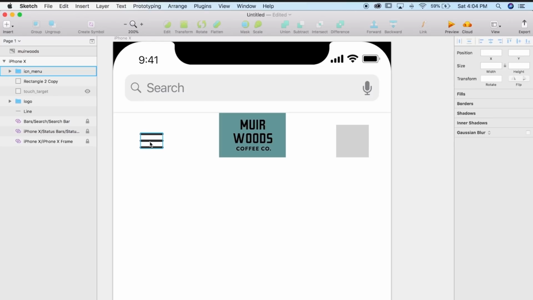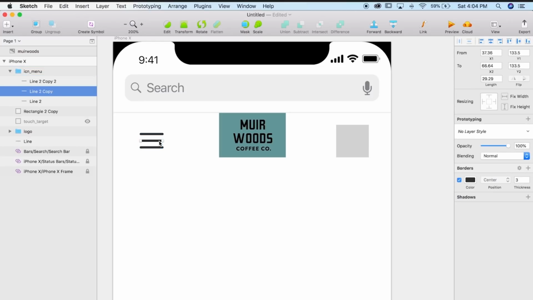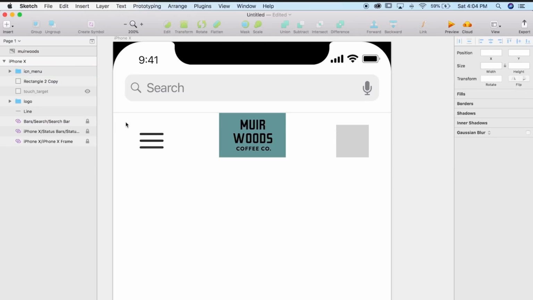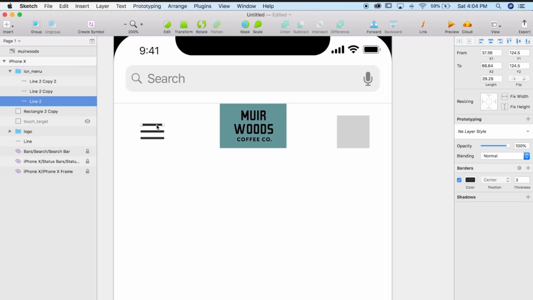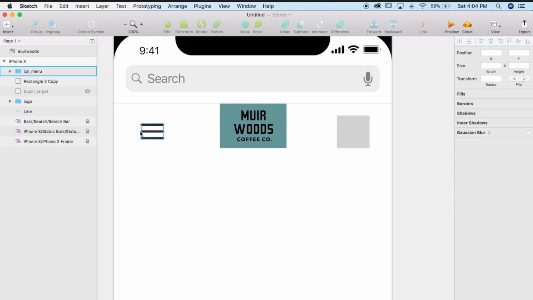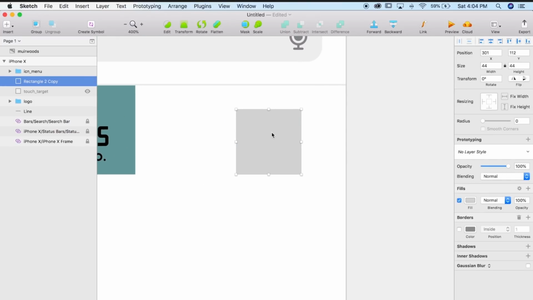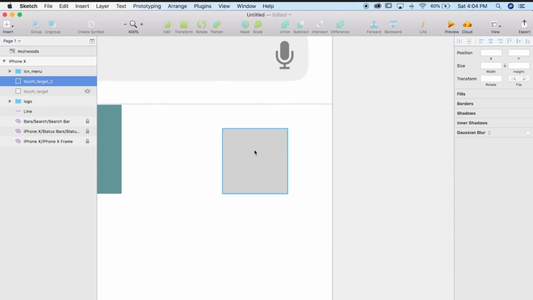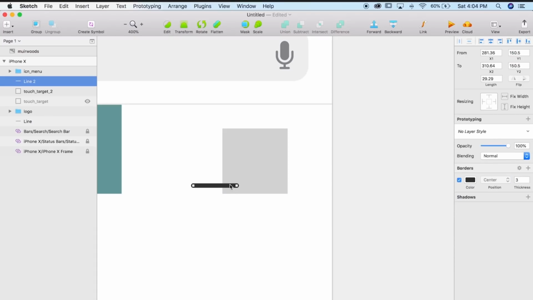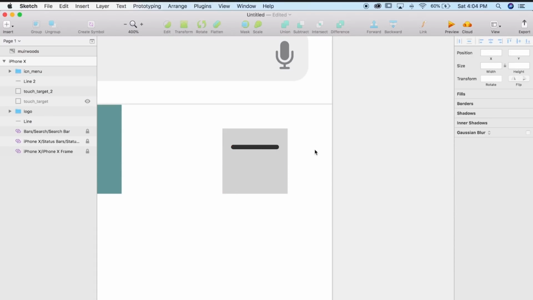So that looks cool. And then when we make our next icon, we want to use the same stroke width, which is 3, just so that things are consistent, there's some continuity within the design, so that people can start to build a relationship with the visual styles of your icons, your iconography. So I'm actually just going to grab one of these, copy it, and let's go over here to our other touch target. Let's just name that touch target 2. And then let's just paste our line.